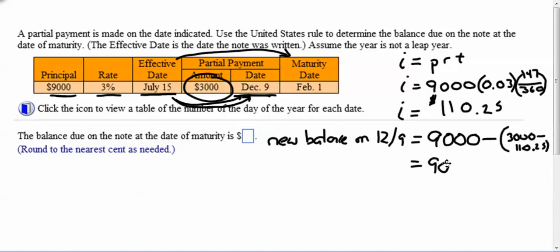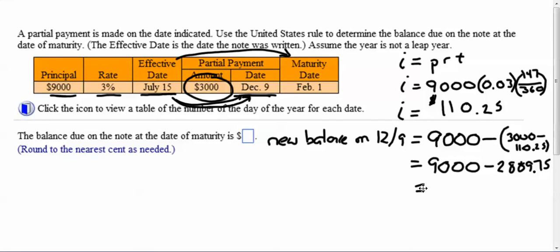So we're going to have $9,000 minus $2,889.75. Or what you could have done is take the balance of $9,000, add the interest of 110.25, and then subtract 3,000, and that would have given the same number. And that number is $9,000